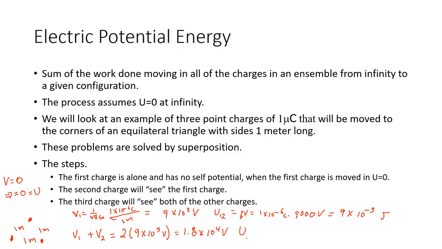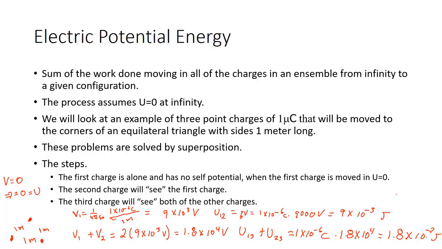And the potential energy for 1,3 plus 2,3 is going to be equal to Q, 1 times 10 to the minus 6 coulombs, times V, 18,000, or 1.8 times 10 to the minus 2 joules,